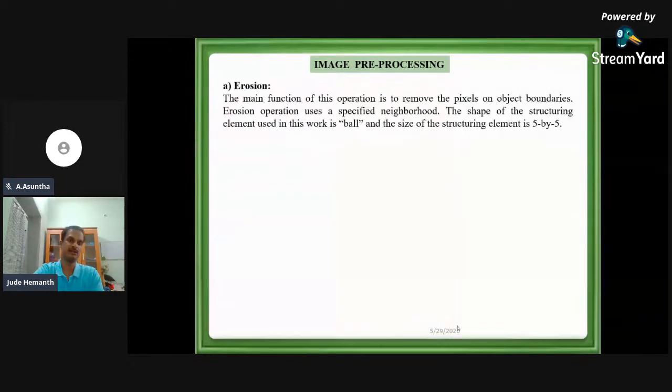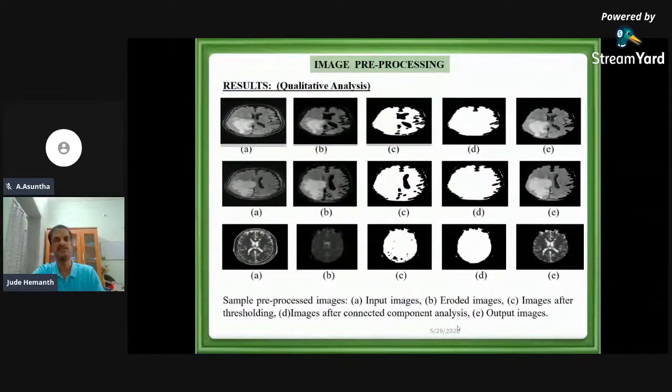So this is the next step, a pre-processing step: how we can remove the noise from the MR images. If you look at these images, the first column corresponds to the input images. Can you see an outer ring covering the border of the image? That corresponds to the skull portion of a human being. So whenever a patient enters an MRI scan, the scan will take a few portions or bits of the skull along with the brain tissues. But the problem is the skull will also act as a tumor tissue when you go for assessments, which is not actually tumor tissue.